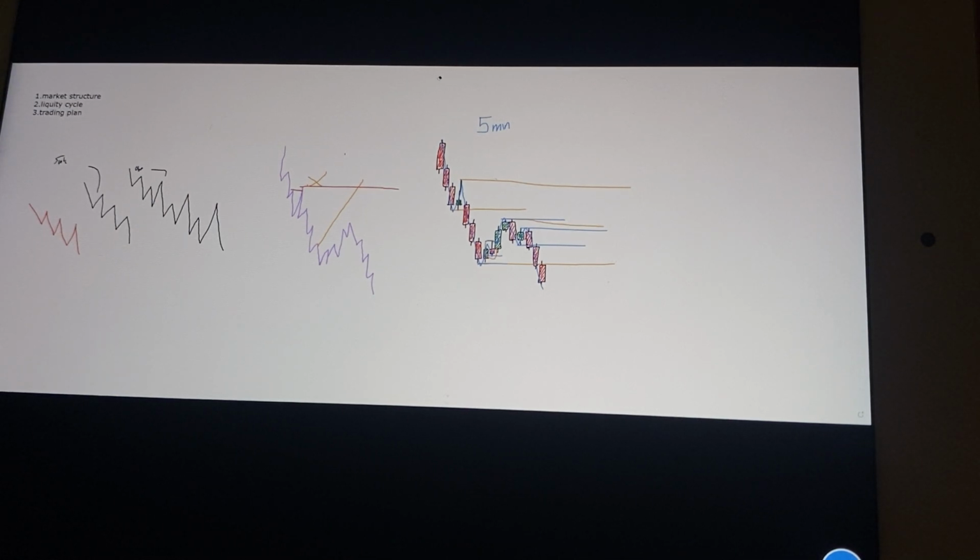Okay, so let's call this a 5-minute substructure. It is internal, but it is not the 1-minute structure. When you get to the 1 minute, you still find a lot of structures within it. We are not saying 5-minute structure completely because of what? The main swing highs and the main swing lows.